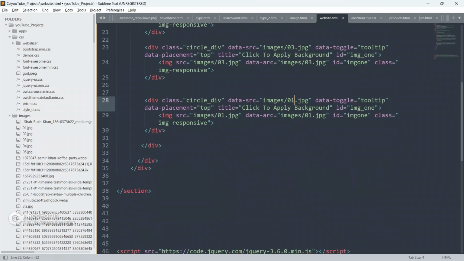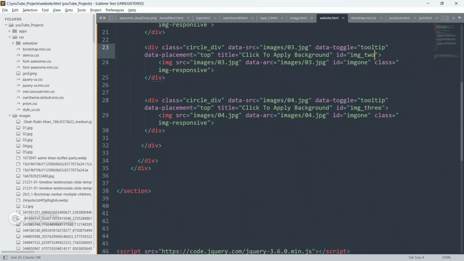Paste again, change this to 4, change this to 4, and change this to 4. Give img id img 3, and make it here 2.